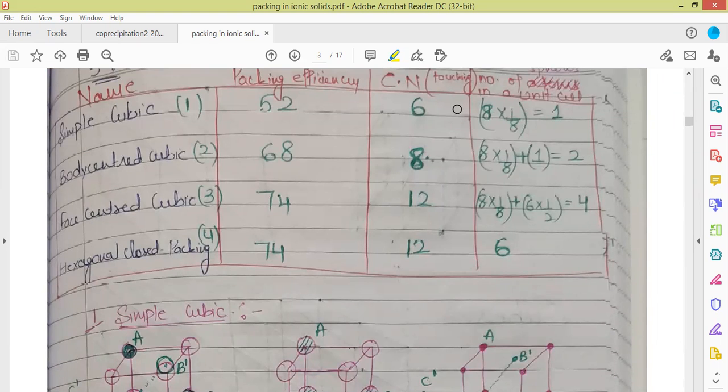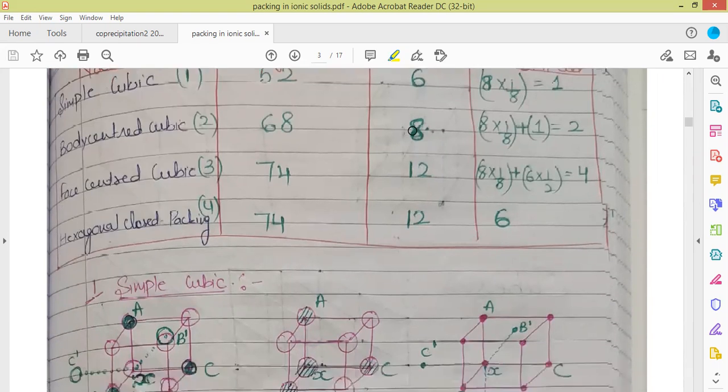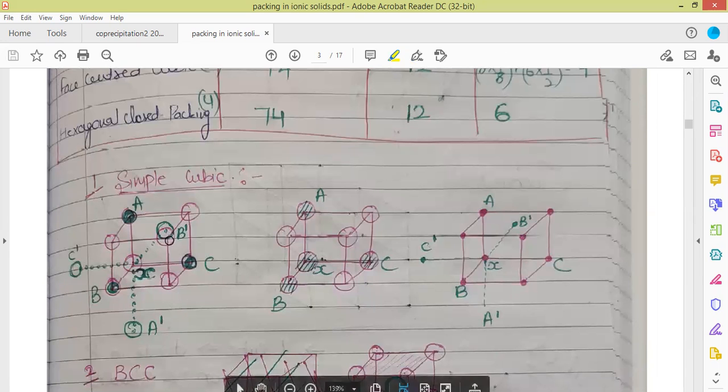Firstly, let us see the coordination number. This is a simple structure for the simple cubic system. Here, the atoms are present at all the corners of the cube. So all the corners of the cube are occupied by atoms. Let us choose this sphere, which I have marked in yellow color. Now we'll be finding the nearest neighbors to this particular sphere, and then we'll get to know the coordination number.